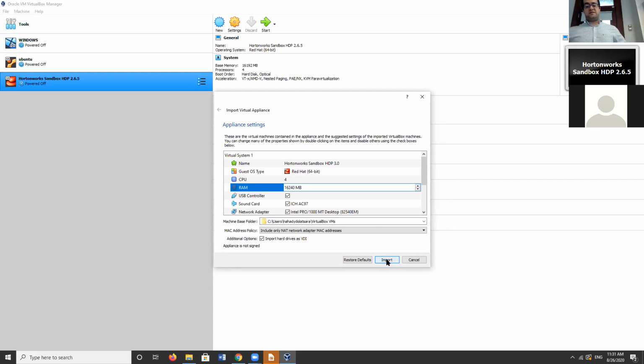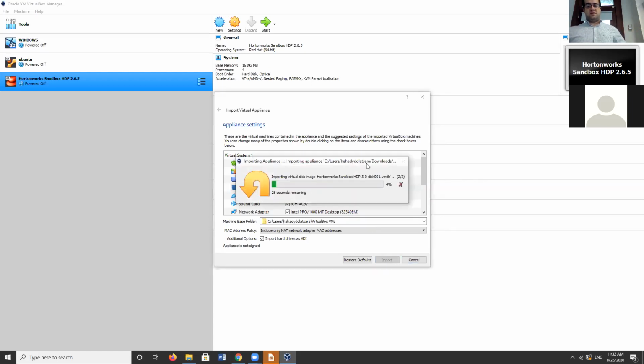Then the next thing is just import. And it takes a lot of time because now VirtualBox tries to download so many files. So it would take quite an amount of time to finish. So for you guys that are in class, this is like,